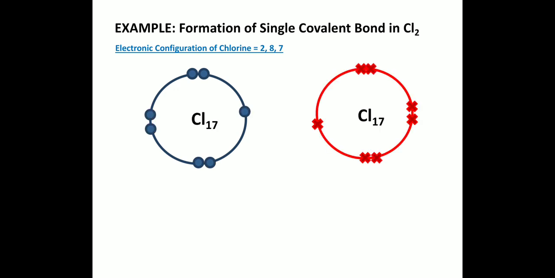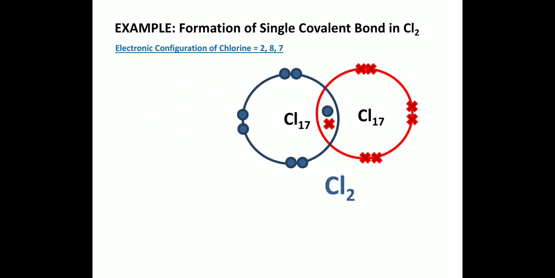Chlorine atom has 7 electrons in its valence shell. As you have seen, to complete their octet, they mutually share 1 electron with each other to form a chlorine molecule. After sharing, both chlorine atoms complete their octet and attain the configuration of a noble gas, that is